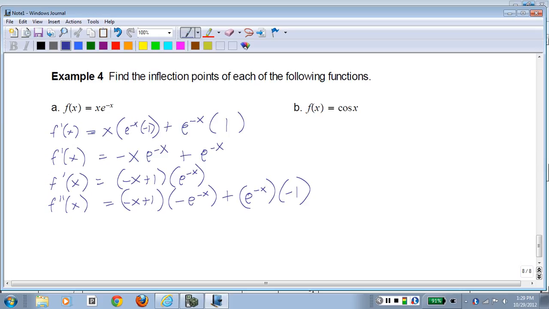Now, one more time, factor out. We're going to have to set this expression equal to 0 and solve for x. So having it in factored form is very, very important. Let's factor out e to the negative x here. So f double prime of x equals e to the negative x